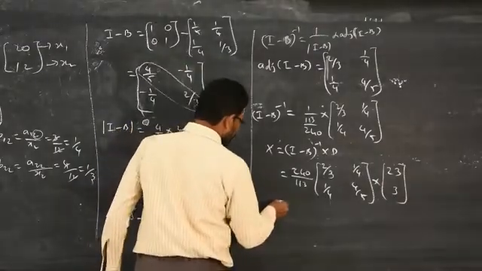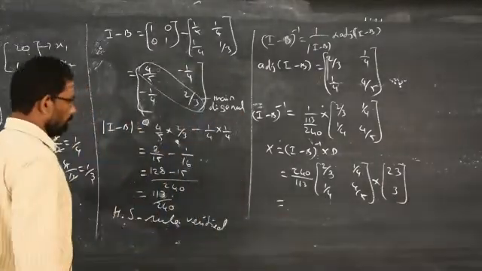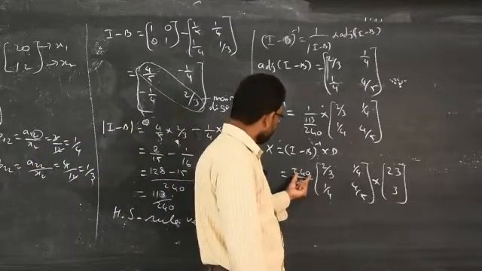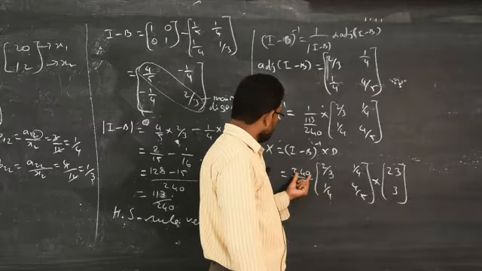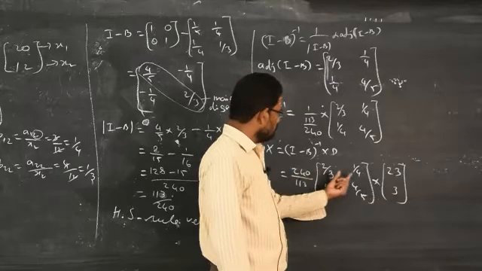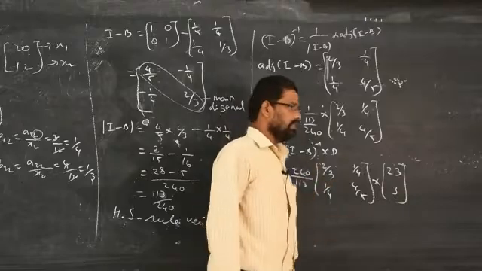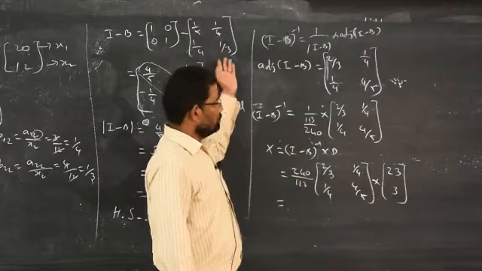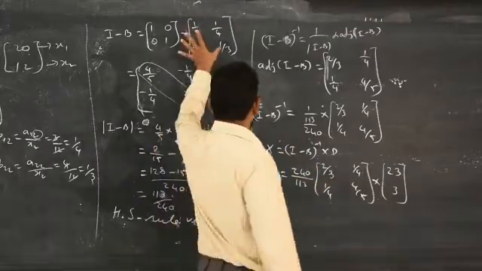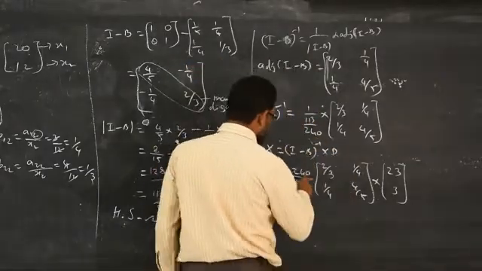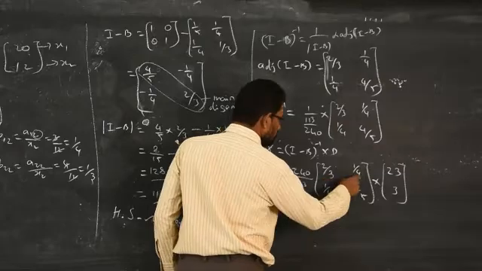Now, as usual, as I said in the previous problem, when the numerator 240 is divisible by all the denominators of these elements, then you take 240 inside. Otherwise, you follow the other method I mentioned. This side I worked out already. Clear? So now you have to check whether 240 will go into all these denominators.